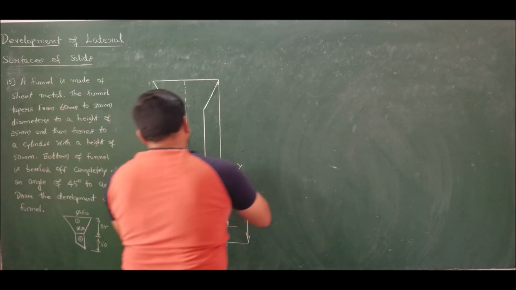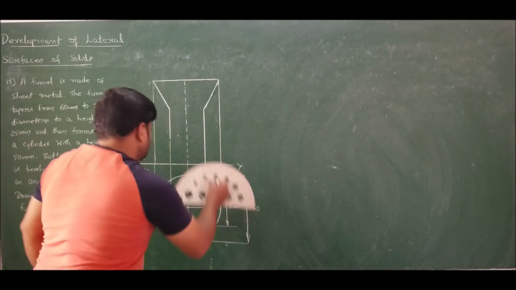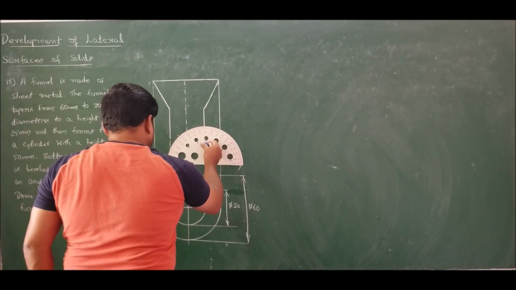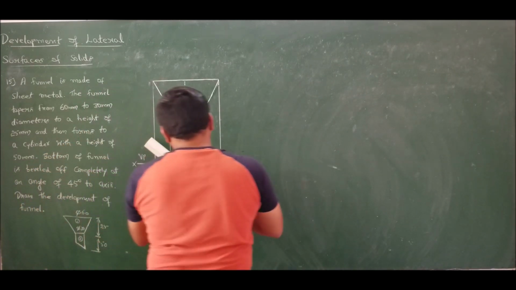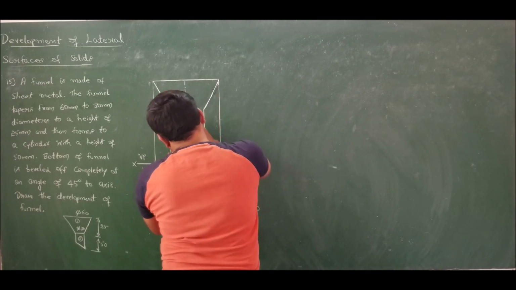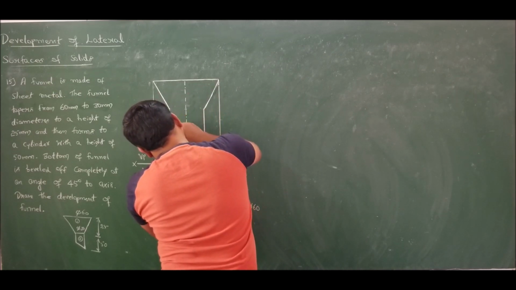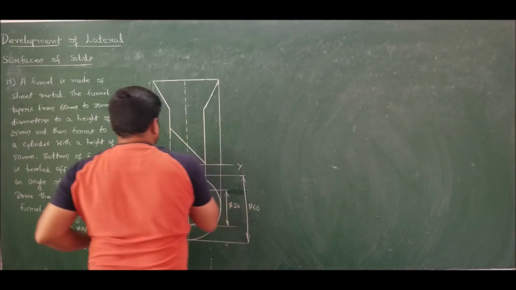Now you bevel it off from where I measured. Yes, correct. You bevel it off at an angle of 45 degrees. Beveled at an angle of 45 degrees, you will get